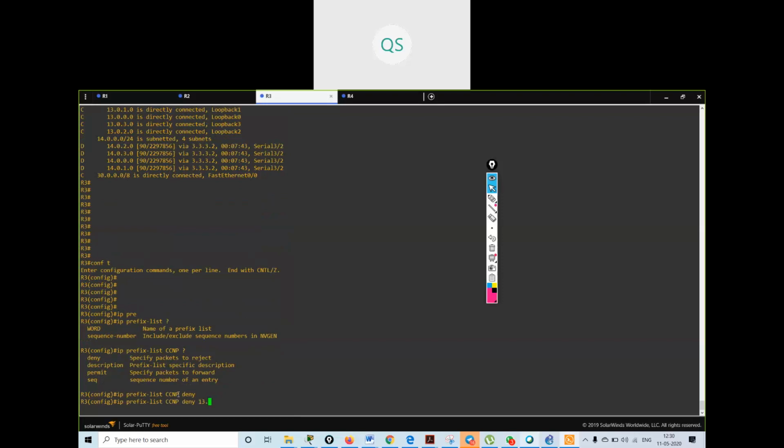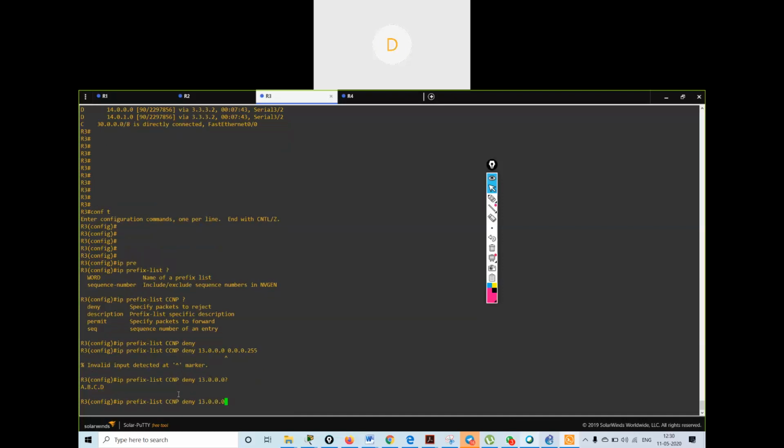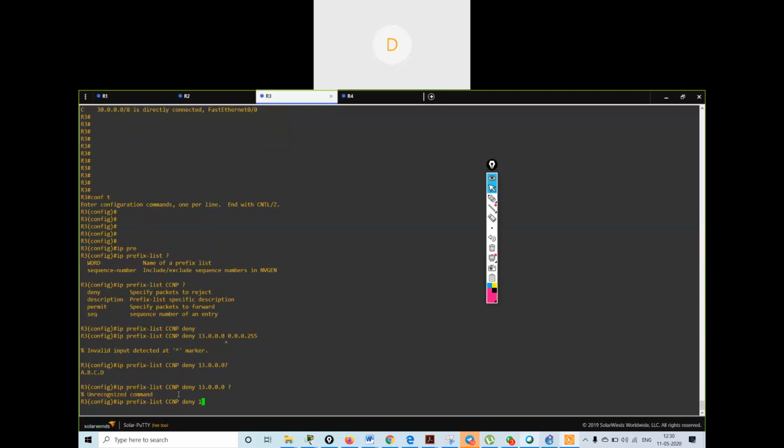I have to deny 13.0.0.0, and I have to use some slash value.